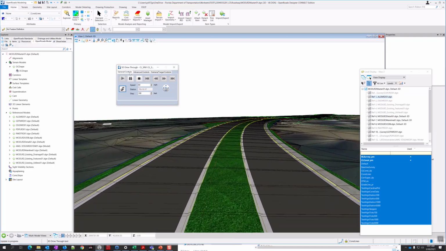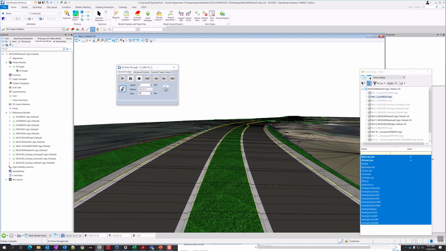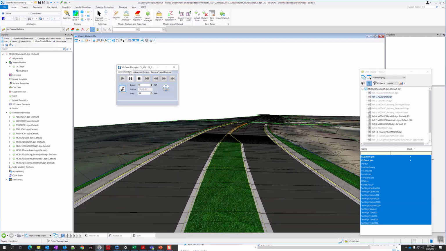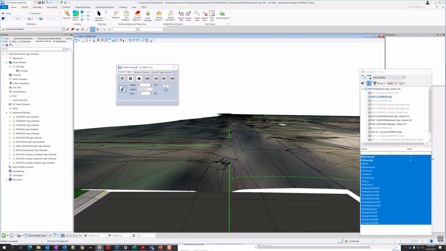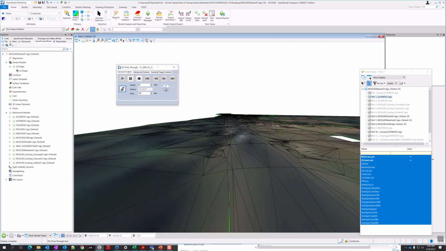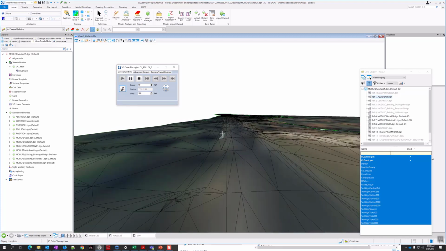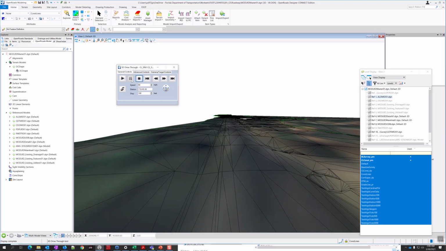So again, the performance of this is going to start to be dependent on your graphics card. I can hear the fan on my computer roaring right now. It's really trying to crank up. So now I'm off the proposed area. I'm just finished, so I'll go ahead and pause it. You can even change the speeds here or step manually if you want. So there's a few options there to play with. It's a handy tool, I guess.